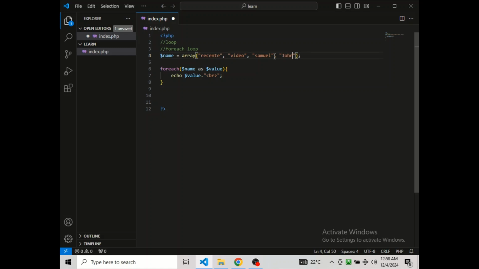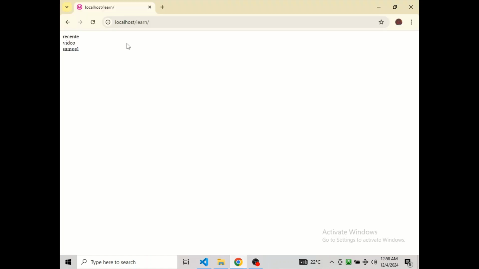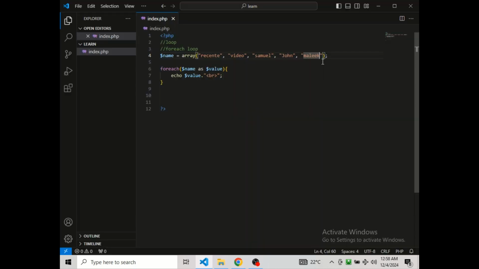Don't forget, foreach loops work only on arrays. You can see that. Then